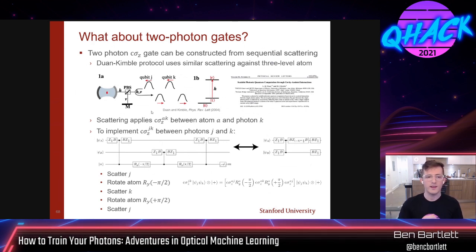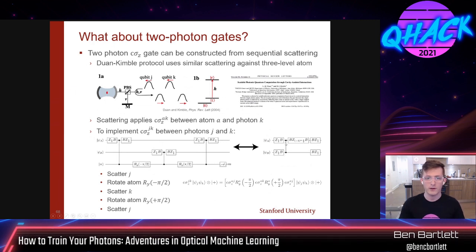So scattering the photon off of the atom applies CZ between the atom and the photon. So if we want to implement CZ between two photons, all we have to do is scatter the first photon, rotate the atom, scatter the second photon, rotate the atom back, and then scatter the first photon again. And then when we measure the state of the atom, we get that there is a CZ gate that is